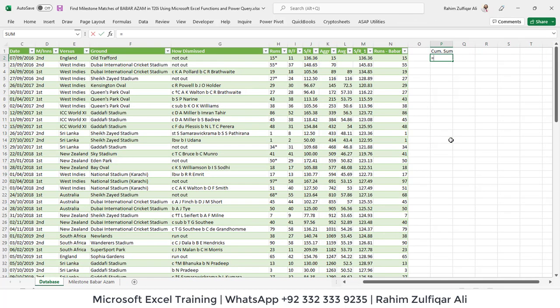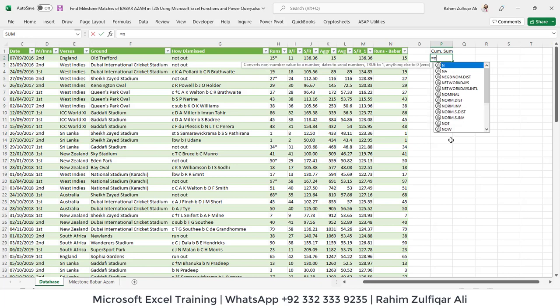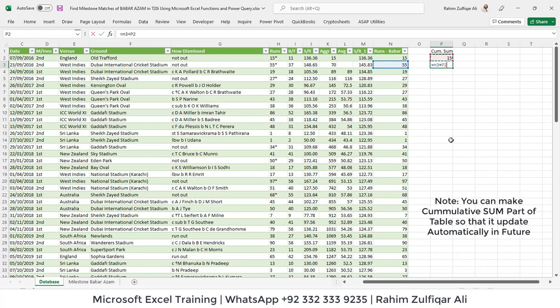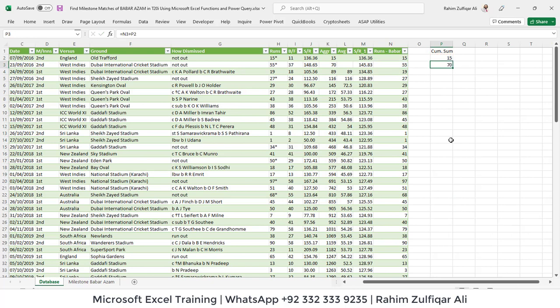Create a logic here. So N2, which will return the number from his first T20 ODI. Then I want to create a cumulative sum. So I will add the second match figure which is in N3, and add the previous number which has been totaled. And as soon as I drag down,